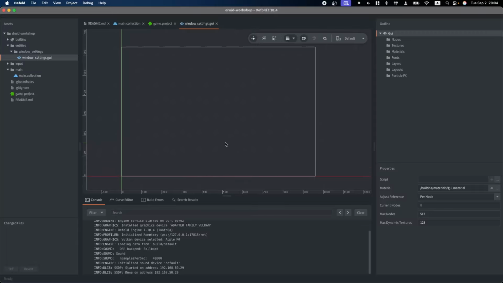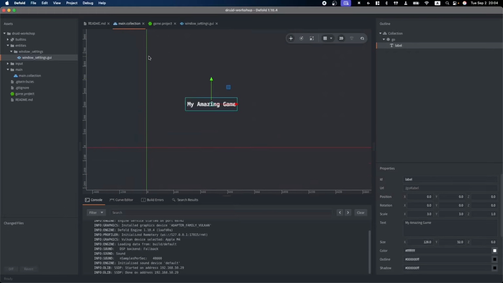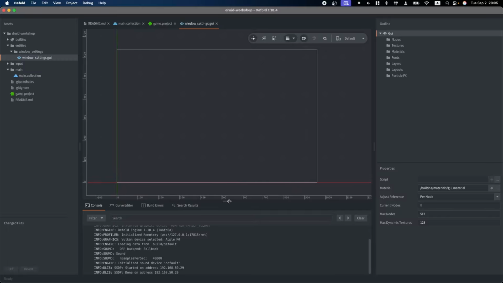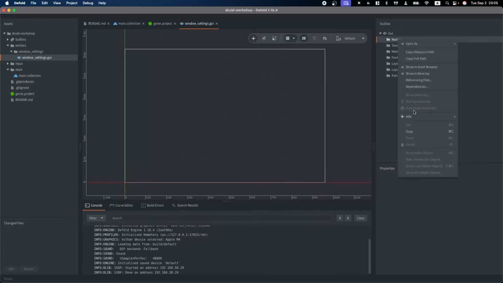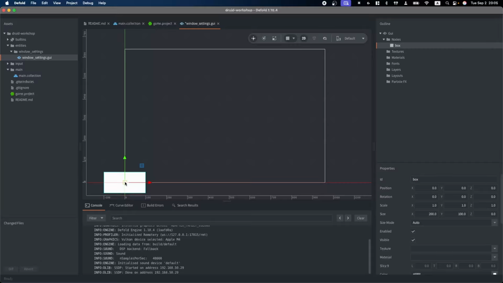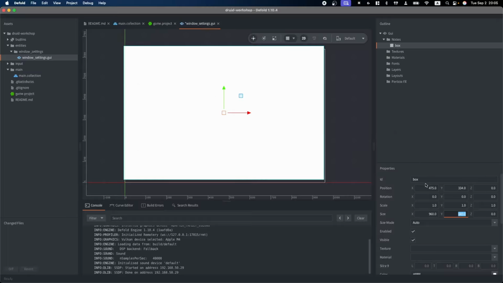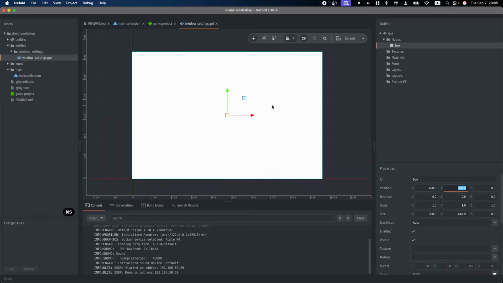To start, as you see, this UI file already has the screen dimension rectangles, unlike the main collection, which was just an empty scene. It's our screen coordinates, the virtual bounds of our UI. And what I recommend to always start with is placing a root node. For windows and scenes, the root node will be placed at the center with the size of the whole screen. So let's set the size property exactly to the window dimensions, and use the position to calculate exactly the center.